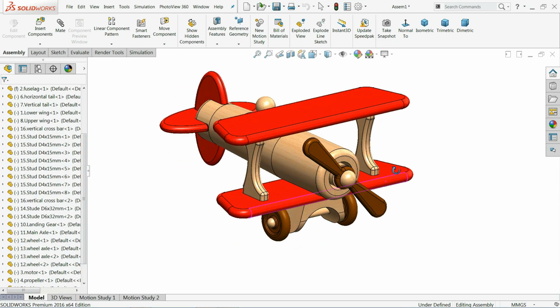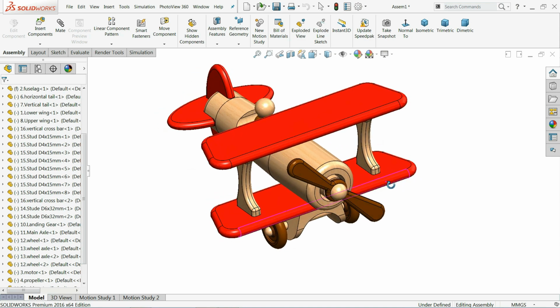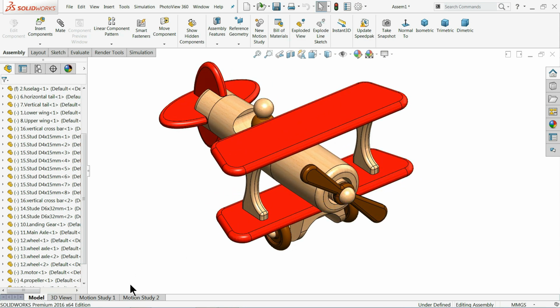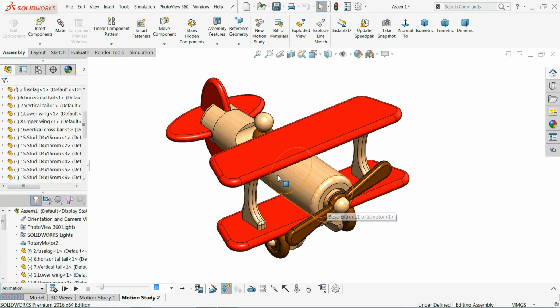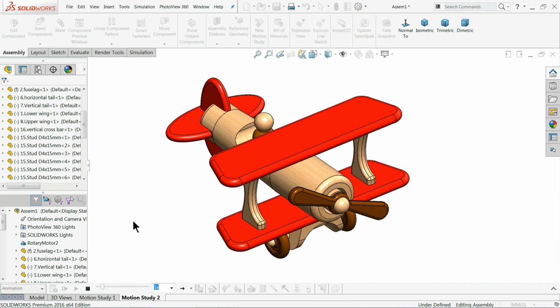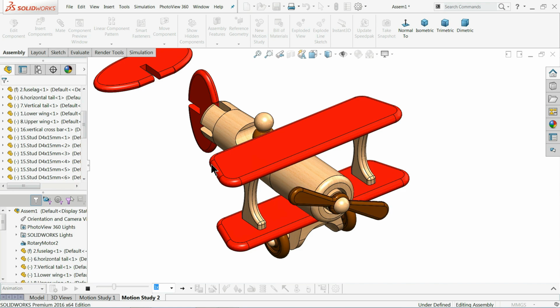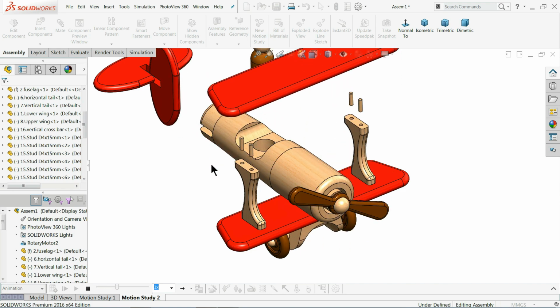Today we are going to start a new project, wooden toy plane. So here we are going to create this simple model in SolidWorks, and we will make each and every part separately and we will assemble at the end. And at the end we will make this little animation, and we will do some exploded view also. I hope you like it. So let's start to make this beautiful project.